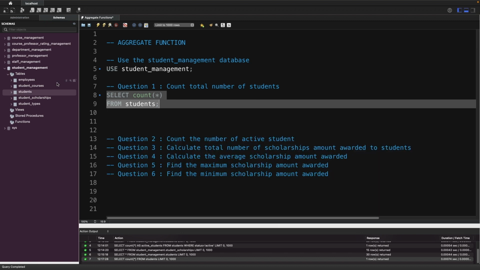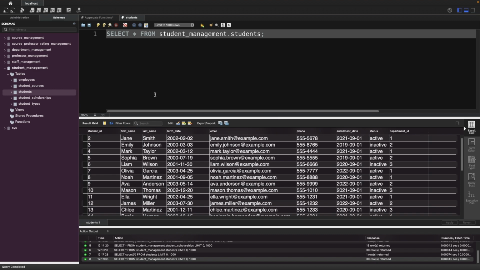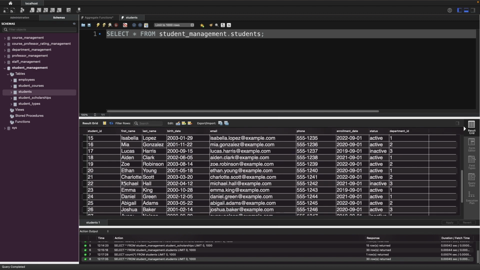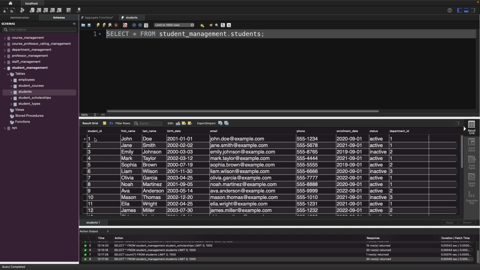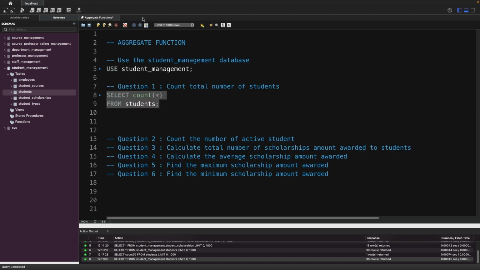records. If you want to see, just go to the table, click on the table and see how many student IDs we have. 30. So these are the 30 records here. Let's solve question number 2. In question number 2,